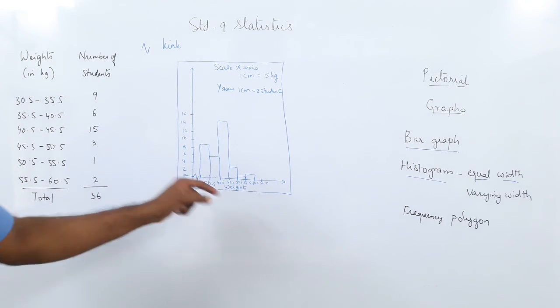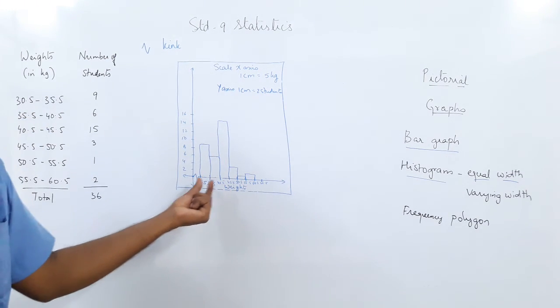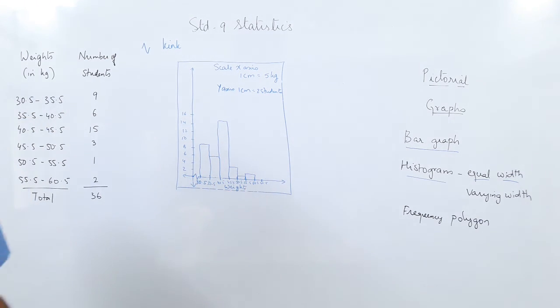The data is continuous. It is the same as the bar graph. The only difference is that there is no space in between and the data is numeric. So this is the histogram of the weight of the students in kg, and the number of students is also shown. The area in the graph gives the number of students.